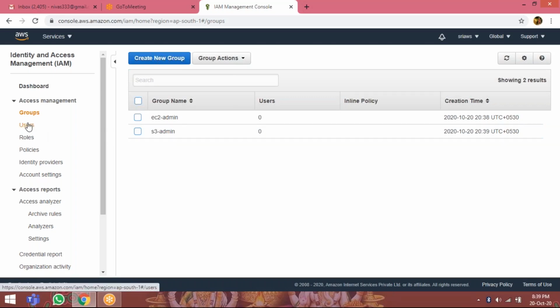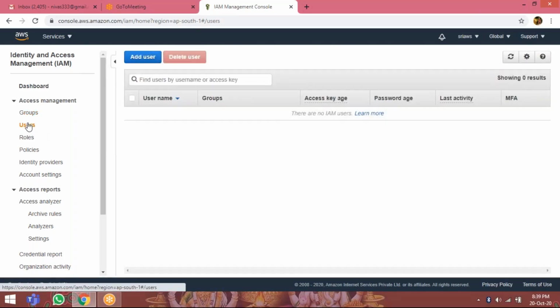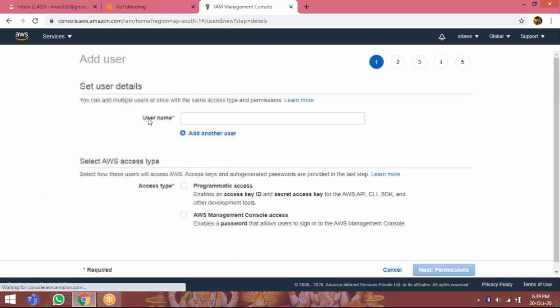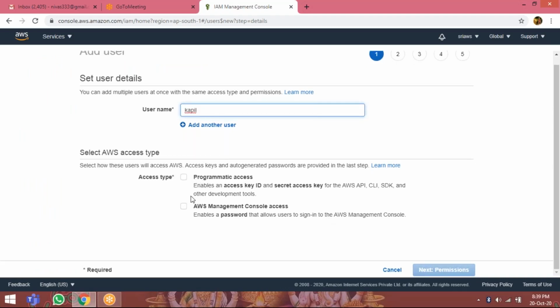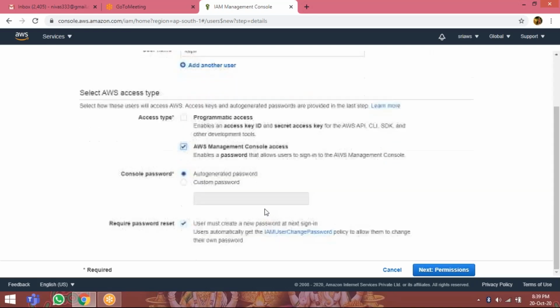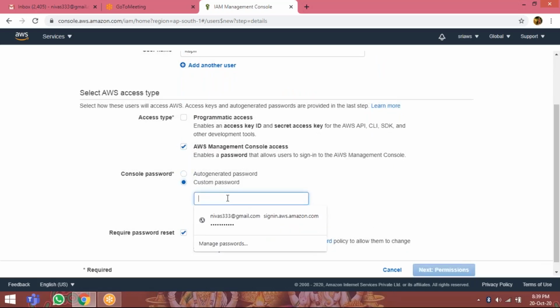Click on users, add user. Username, for example, Kapil. Access type: AWS management console access. Auto generated password or custom password. I am giving a custom password. I am going to manage the password.